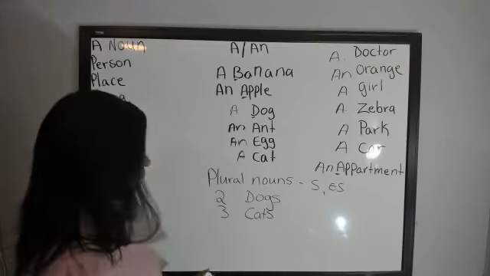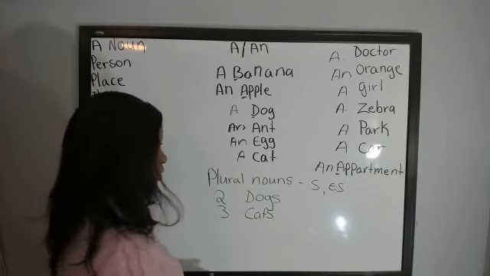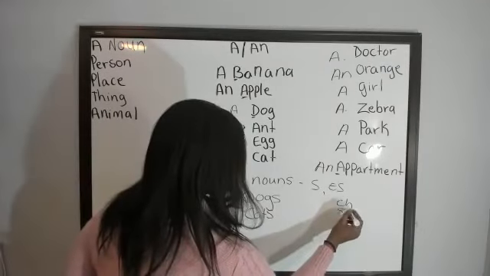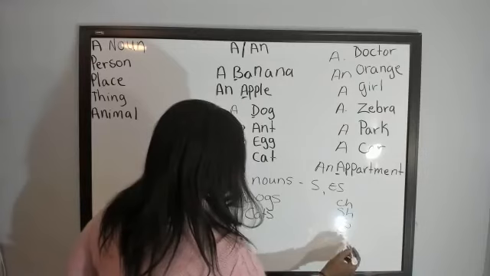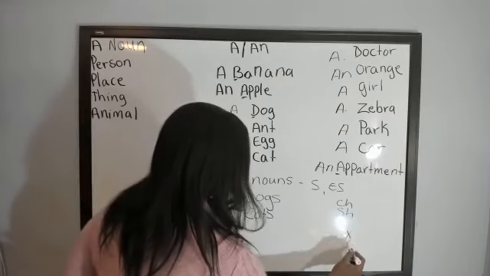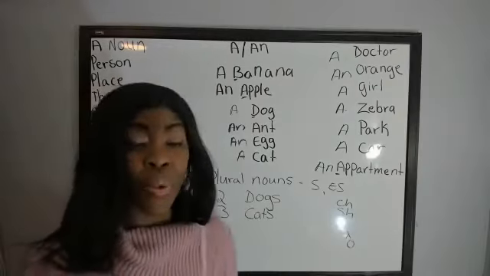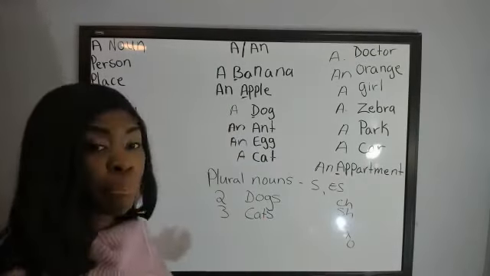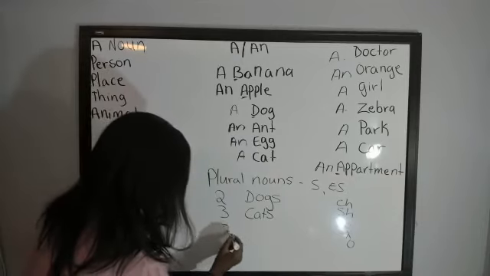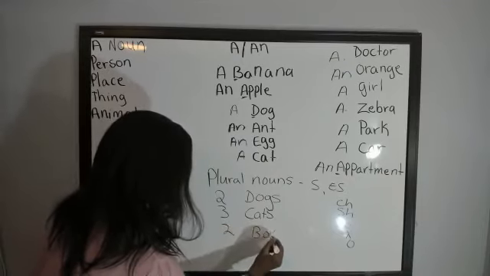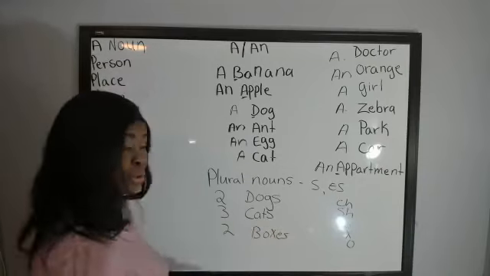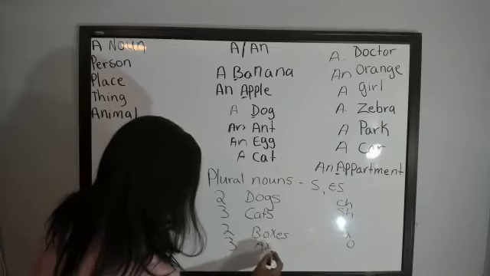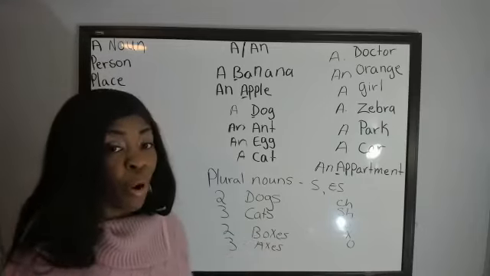So whenever you have a word that ends with CH, SH, S, X, or O, to make it plural, you have to add ES instead of S. For example, boxes, two boxes, three axes, four buses,